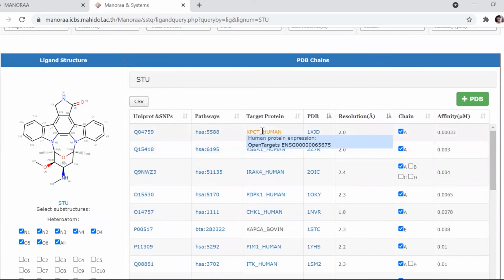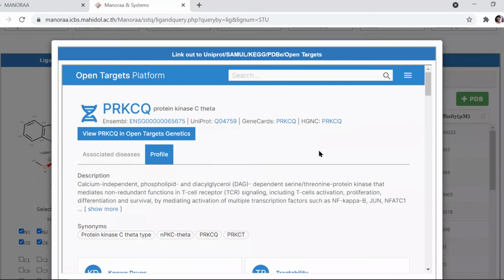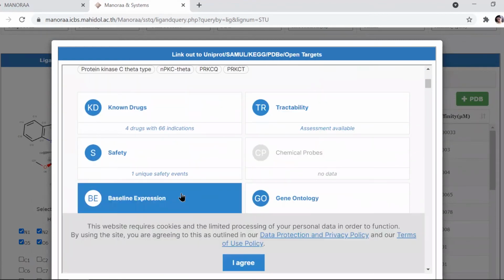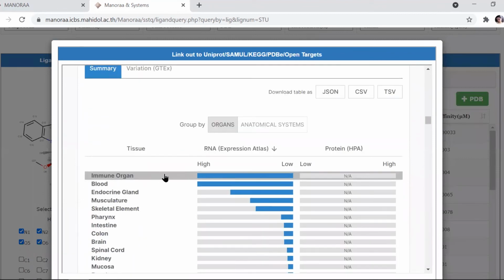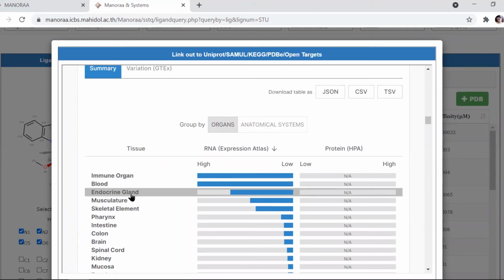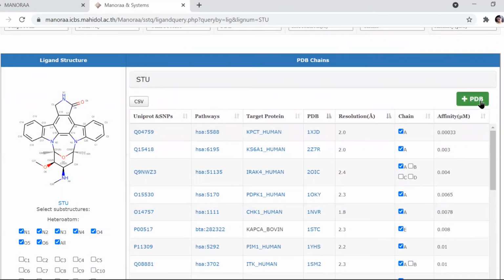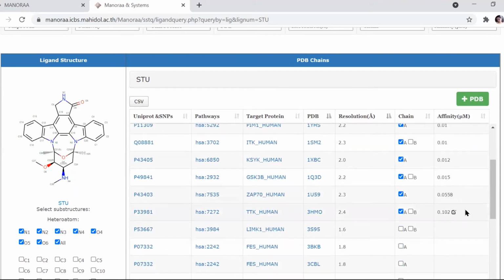If you want to look into the target tissues or organs, you can click on Open Targets. In Open Targets, if you click on baseline expression, you can see that this autophagy exists in immune organs, in blood, and in endocrine glands. And you can also see the affinity. Affinity will be sorted from smallest, which is the tightest binding, to the loosely bound and the non-binding